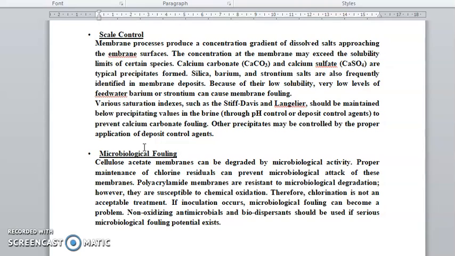Non-oxidizing antimicrobial and biodispersant should be used for serious microbiological fouling potential. Okay,